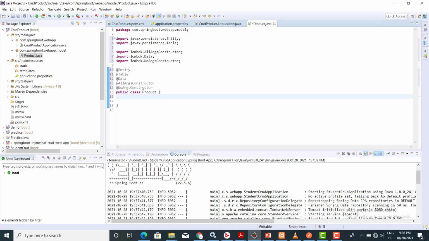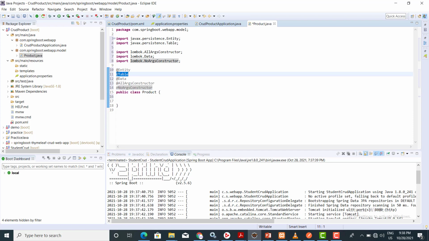As we are adding a Data annotation, it means we don't have to create getter and setter methods for this particular class. Same for AllArgsConstructor. We don't have to create a constructor with all arguments, and we don't have to create a constructor with no arguments, because we have used annotations.